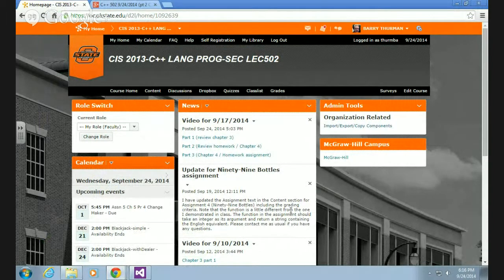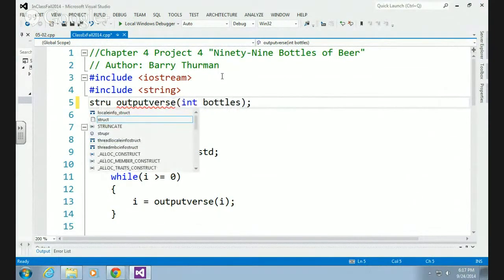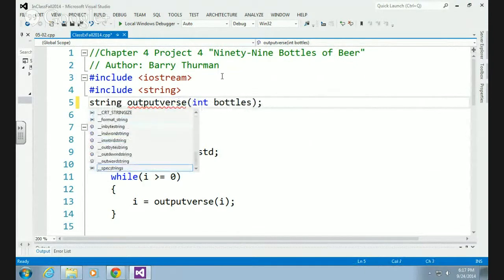So, a couple of things about our homework that was due this week. So it turns out our function could have been a string function,